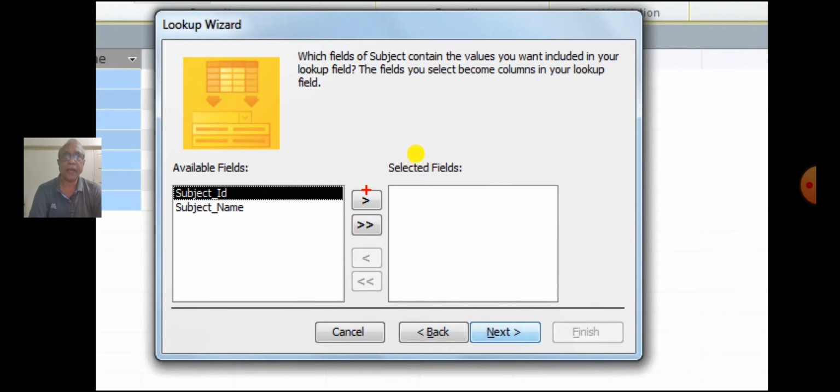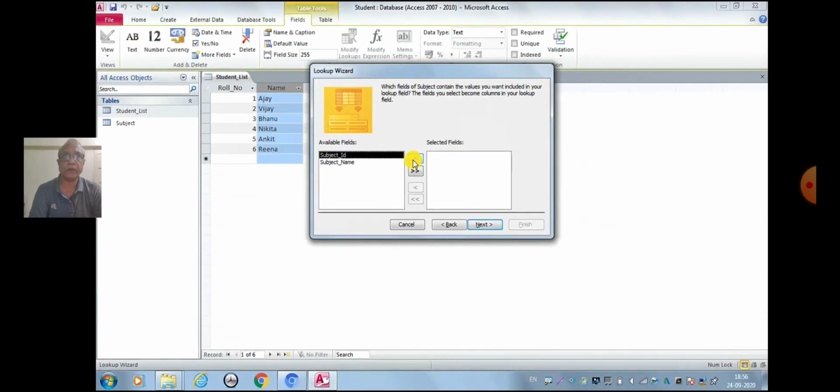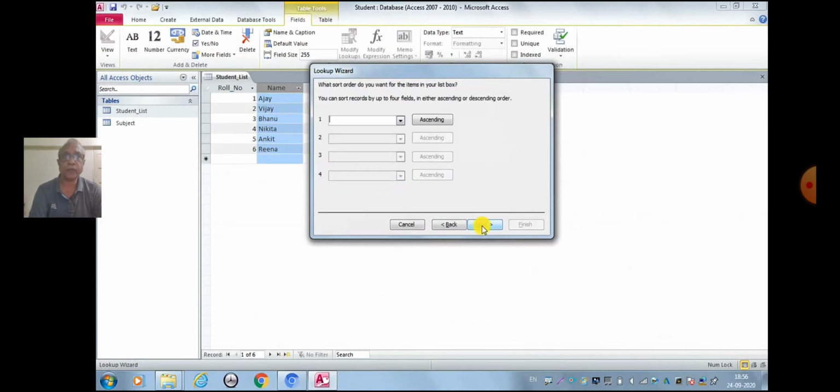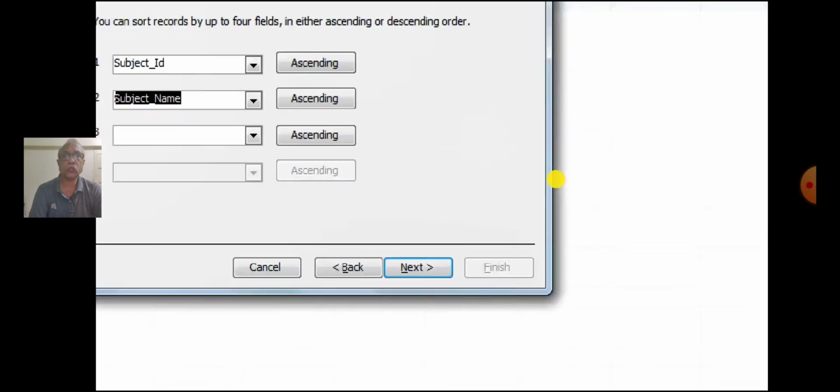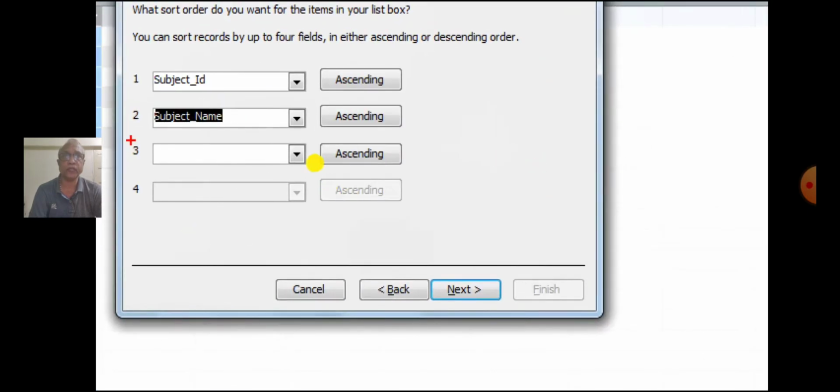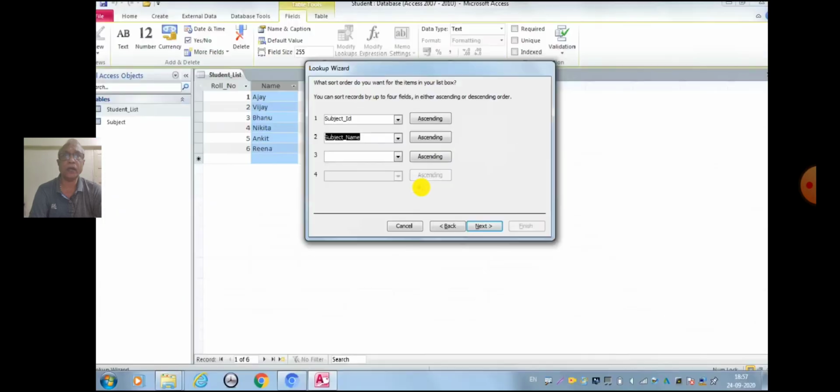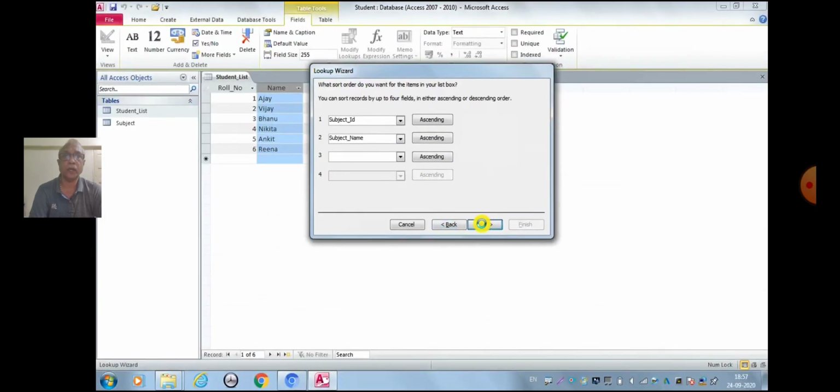Click on the single arrow button to select a single field from the available fields box and transfer it to the selected fields box. Click on the Next button. On the next screen, the lookup wizard will ask you to sort the records by up to 4 fields, either in ascending or descending order.